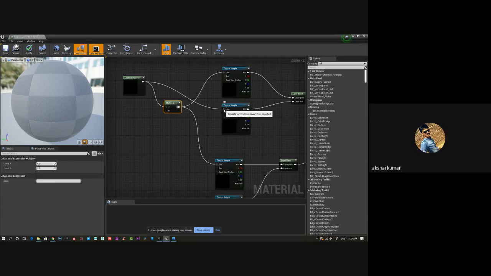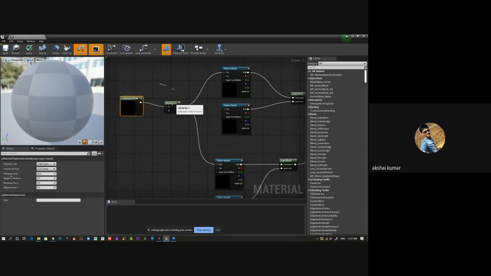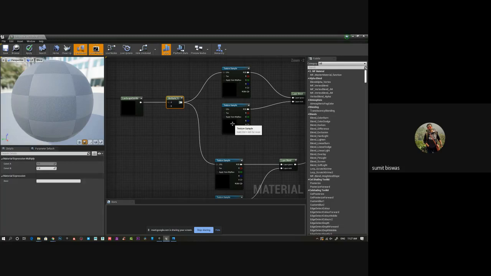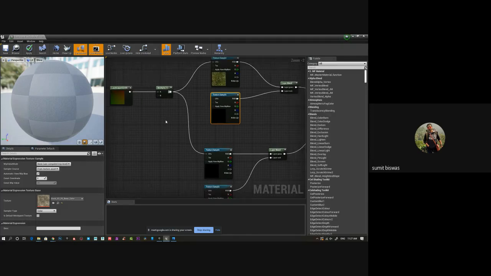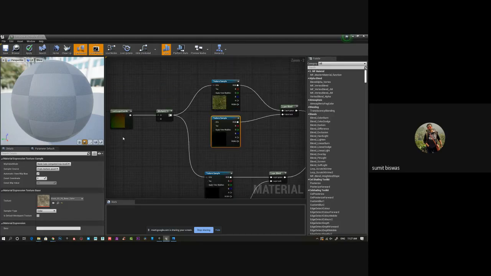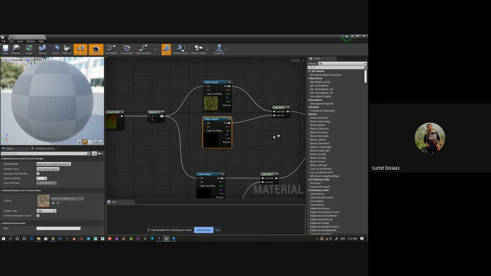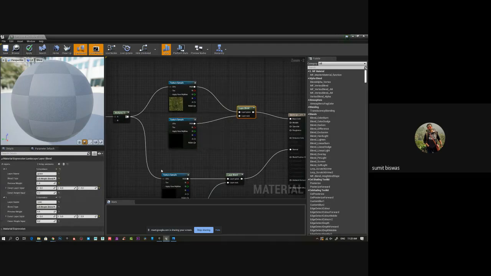Yes, tell me. Sir, can I use textures from Megascan also, sir? I'm using textures from Megascan only. Okay, sir. Megascan has default materials, but Megascan doesn't have landscape material. With the help of Megascan, you can create blend materials, like two materials blending together, like for vertex painting. You can generate that and use it for landscape. That's definitely possible. But for landscape, usually we create coordinate and layer blend, right?